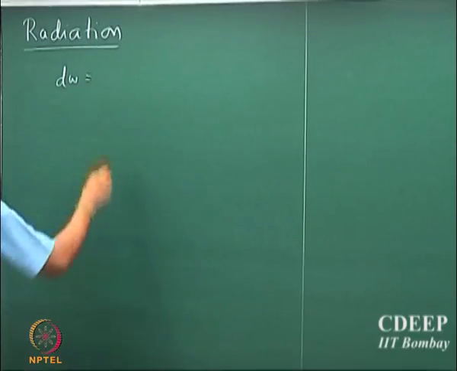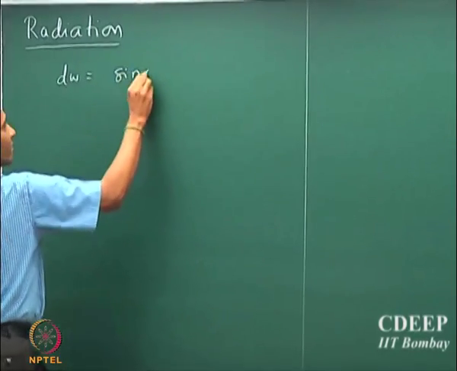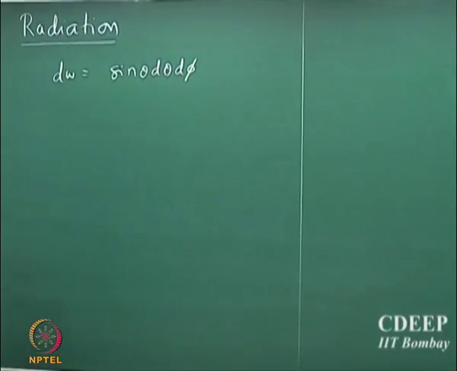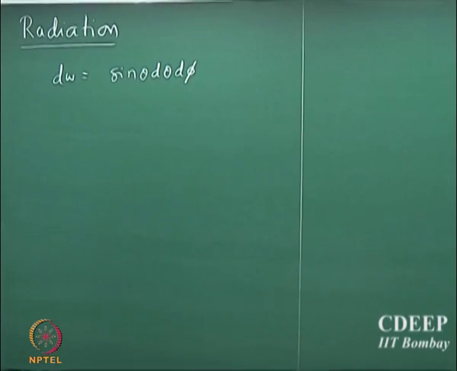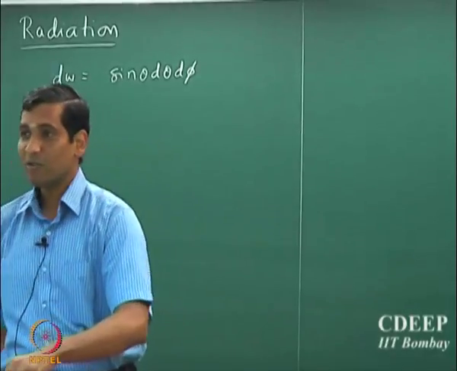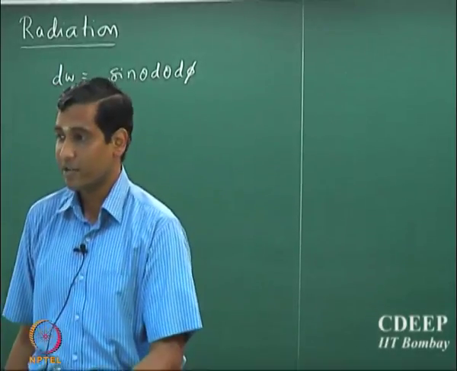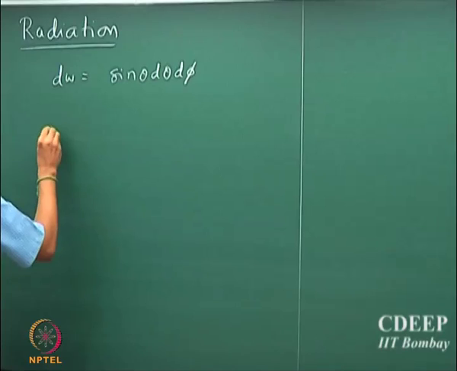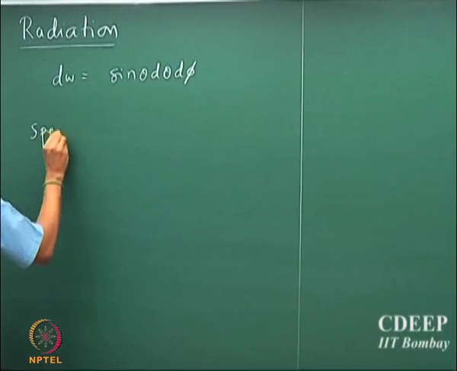Okay. So, just to recap of what we did before, the solid angle is given by sin theta d theta d phi. That is the solid angle. This is the solid angle of an object with respect to the object which is emitting radiation. Okay. And then we said that the spectral